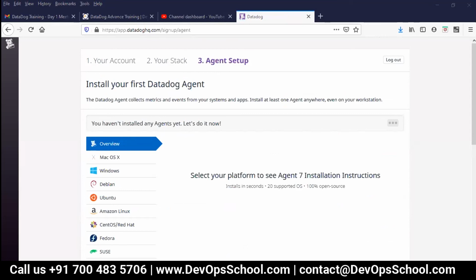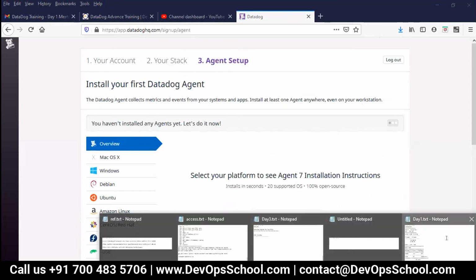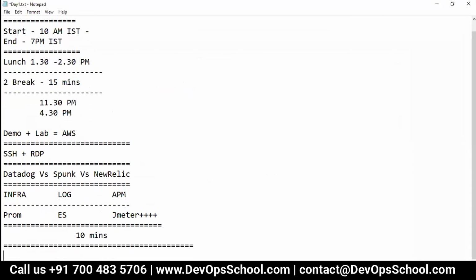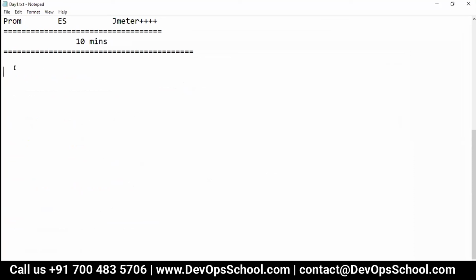So guys, we'll have to have some flow here. At a high level, Datadog introduction, sorry. This is the high-level flow: introduction and day one.